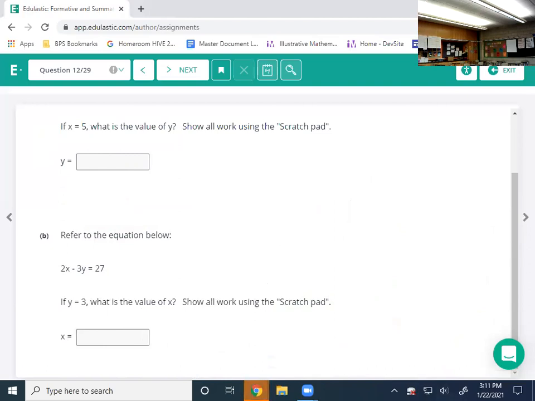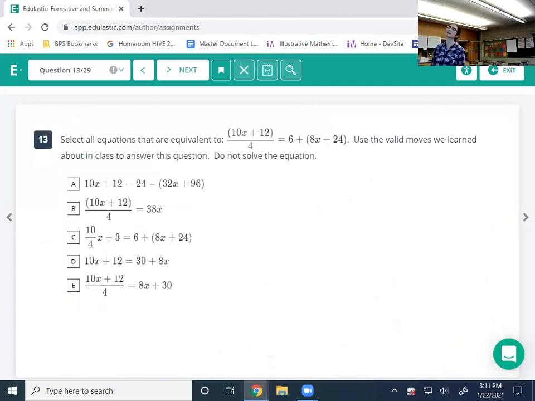Let's take a look at the next one here. It says select all equations that are equivalent to (10x plus 12) divided by 4 is equal to 6 plus (8x plus 24). So if I look at this equation here,